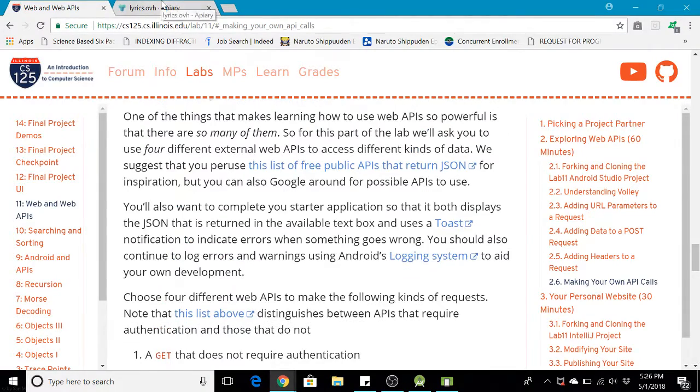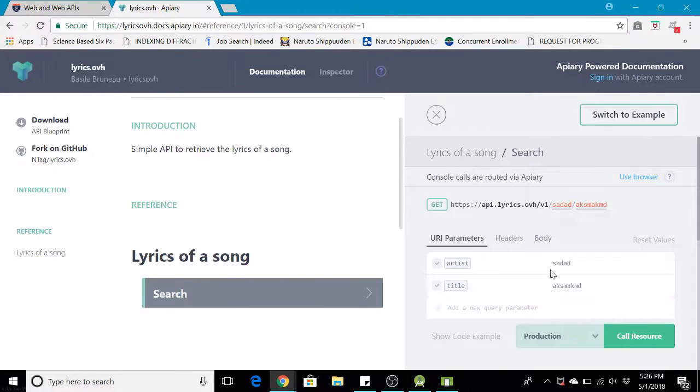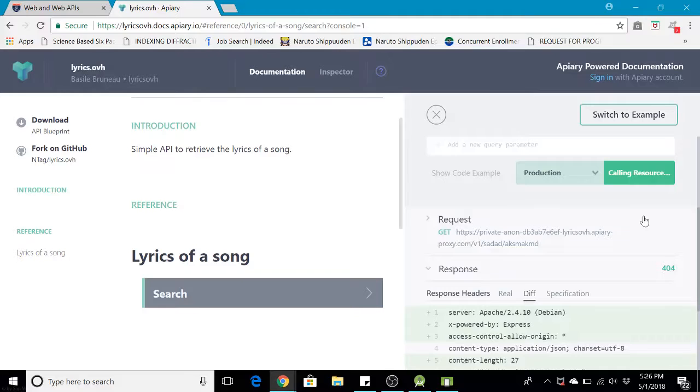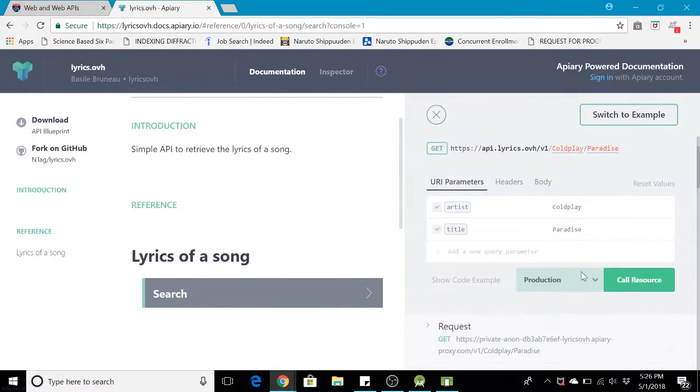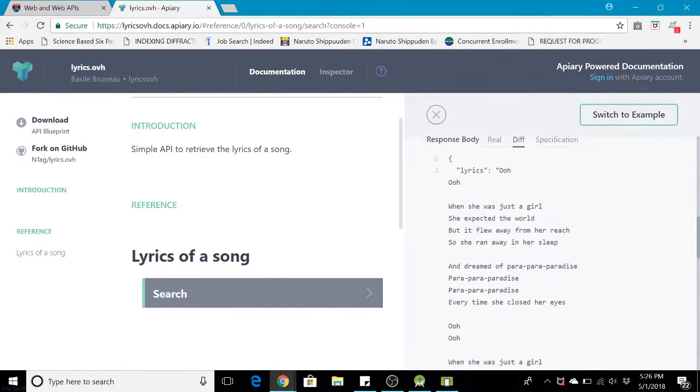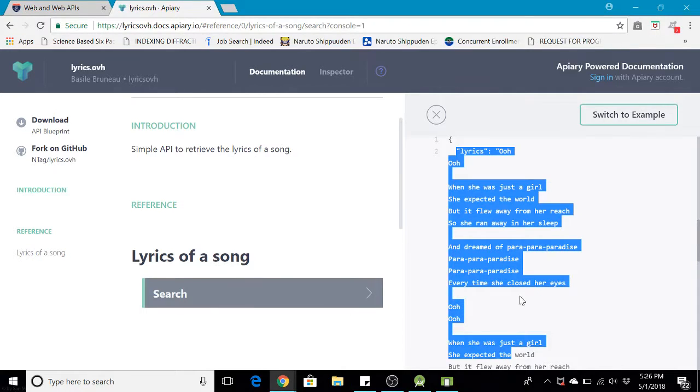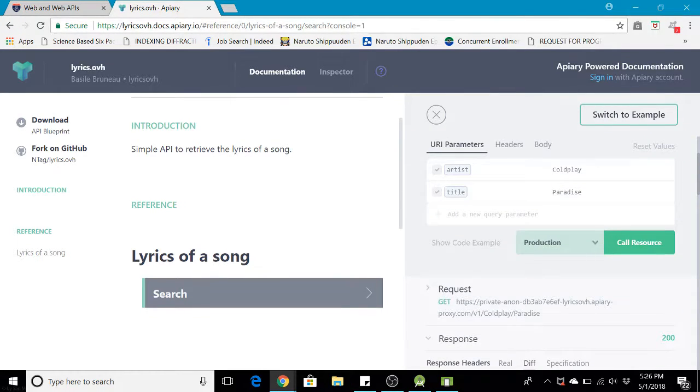It only took two parameters, the title of a song and the artist, and returned JSON. It returned the string of the lyrics, all formatted and indented, and it gave us the tag of the JSON.